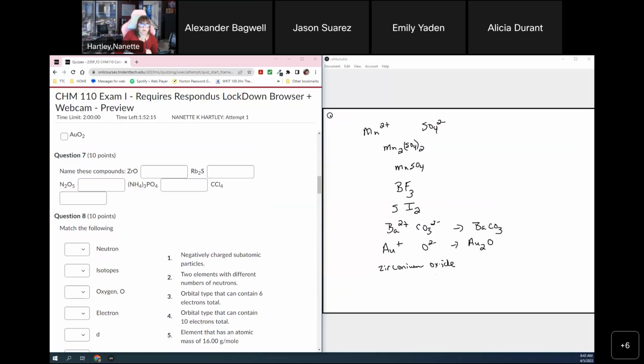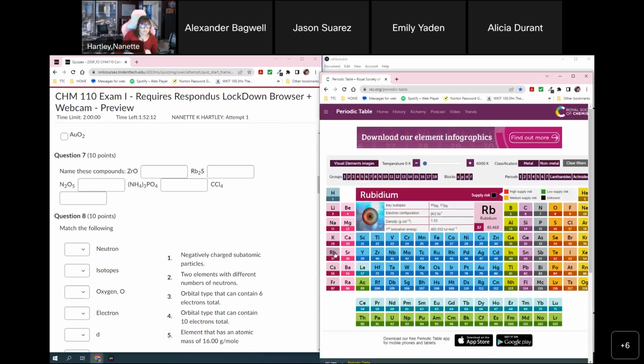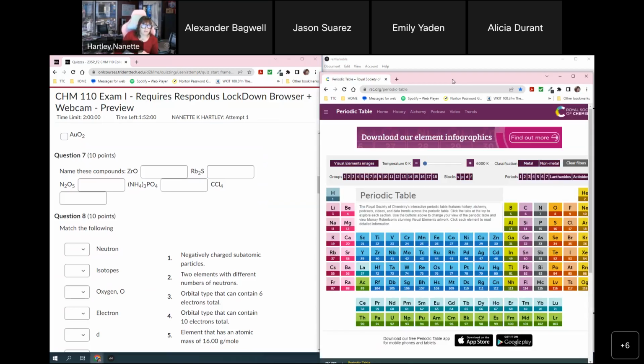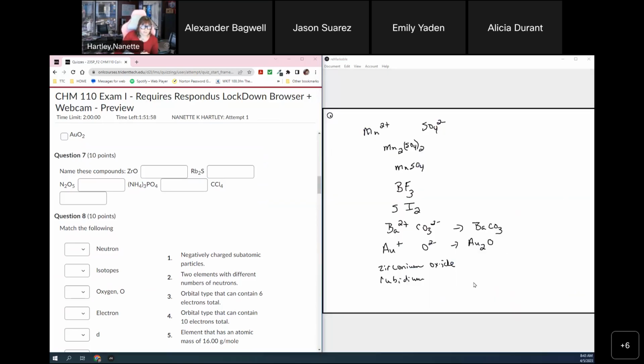Okay. We talk about Rb2S. Rb is a metal, S is a nonmetal, so the same rules apply. So Rb is rubidium, and sulfur, that's the sulfide. So rubidium sulfide. When we talk about N2O5,